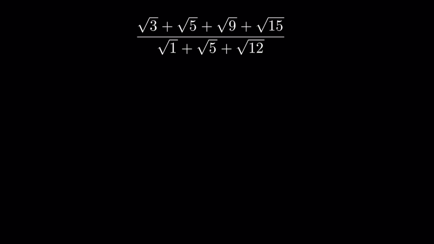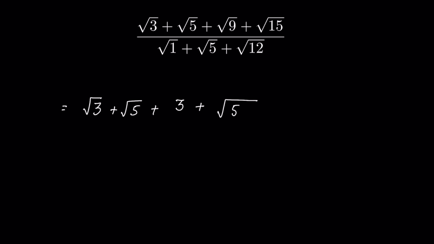Root 3 plus root 5 plus root 9 plus root 15 upon root 1 plus root 5 plus root 12. How do we solve this? Root 3 plus root 5 plus root 9 is equal to 3 plus root 15, we can write it as